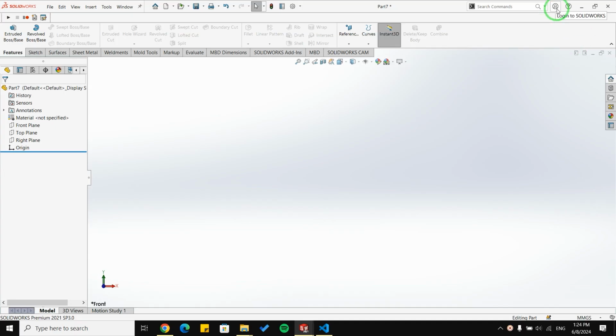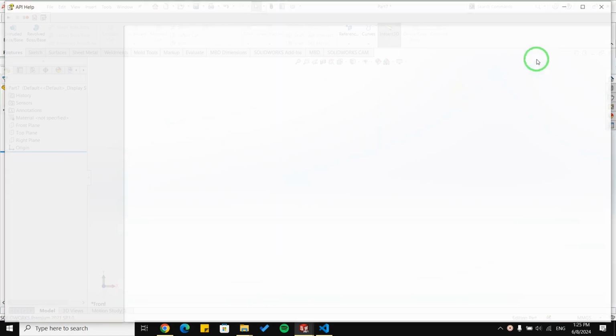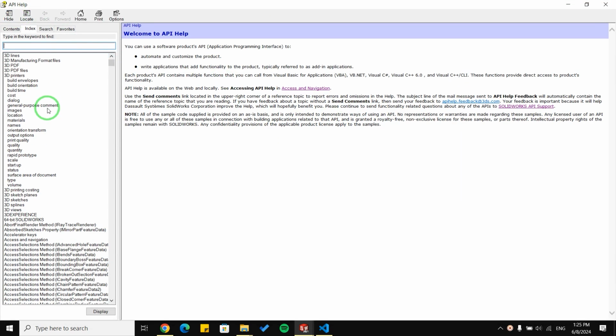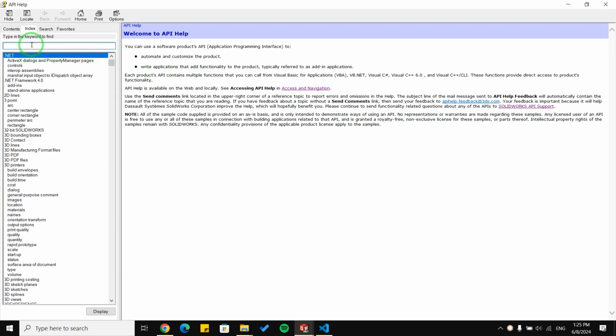Okay, I'm going to show you the API help. There is some documentation in SolidWorks guiding you in using the macro API. So if you click the help button and then click API help, you can see the API help, which explains all of the things you can do with macros in SolidWorks.